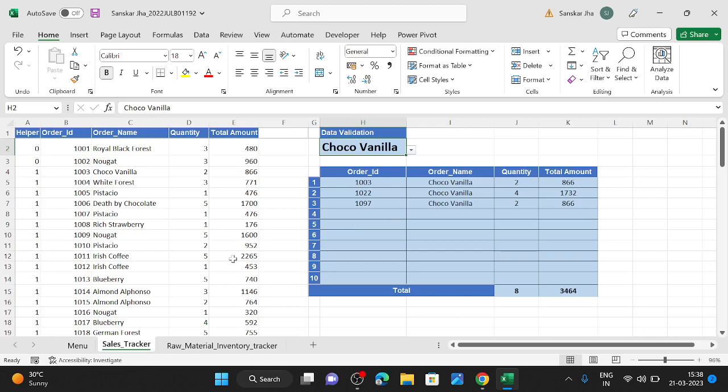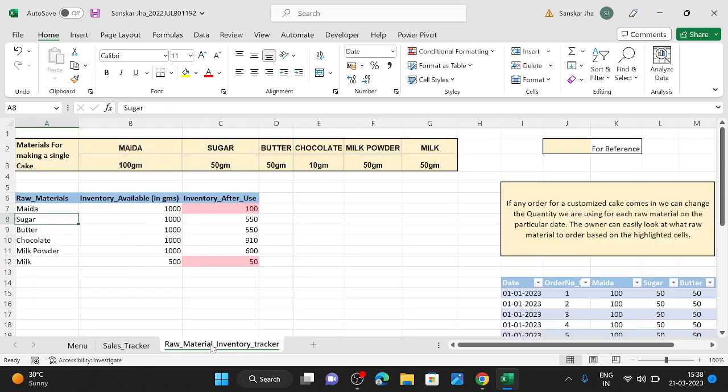Now we move on to the next sheet. This is a raw material or inventory tracker. As you can see, we have the raw materials used, that is maida, sugar, butter, chocolate, milk powder, and milk. How much inventory is available, and with each new entry, how much is left, in which we have simply put a formula